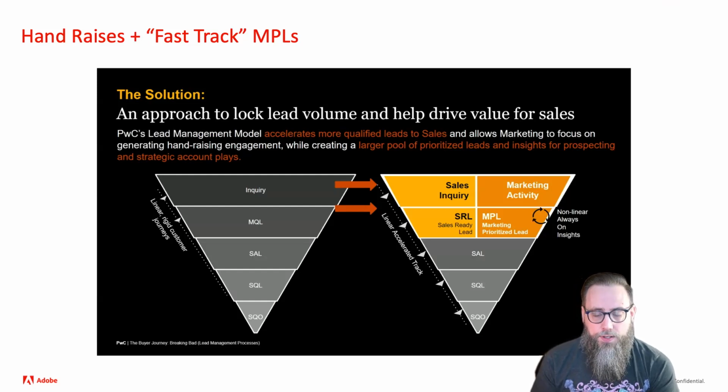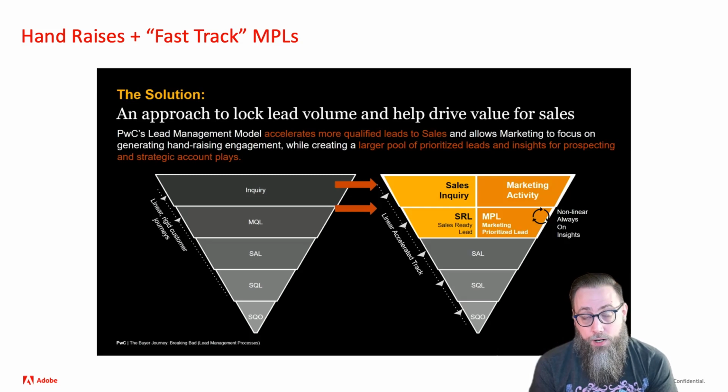What it amounted to was they had a traditional model like many of us do, the serious decisions waterfall: MQL, SAL, SQL, etc. What they expanded to, and I'm oversimplifying right now, was they wanted to keep the system they had, where there's a very clear path for what marketing thinks is qualified, but then there are also some things that they wanted to just send to sales because they had the bandwidth to follow up. And this is going to be one of those very debatable topics, very situational based on your organization, of whether that's a good idea or not.